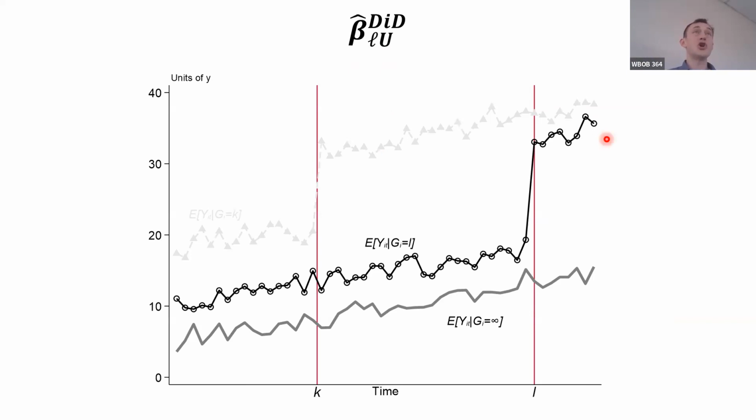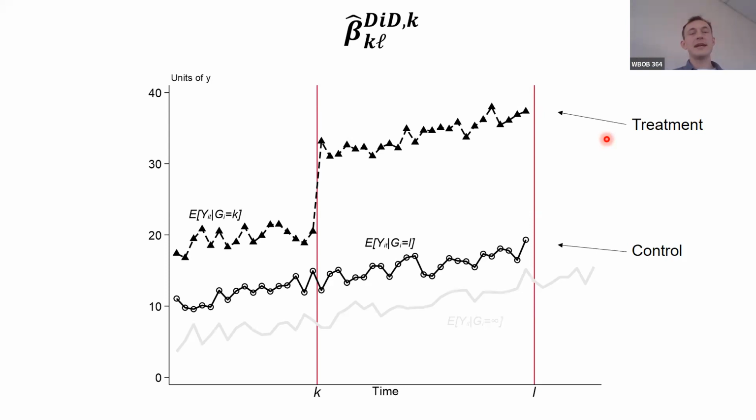If instead you had no information on the early treated unit, you would be in a similarly simple situation. You'd say, oh, I have a simple diff and diff. I compare the circles to the gray after time L and before time L. And you'd be very happy and nothing would be confusing. And even if you had the two timing groups, but your data just stopped short of L, you would also be happy because you would say, oh, no problem. I don't even care if the circles got treated later. I'm going to compare this little middle window to the pre and the middle window to the pre for the